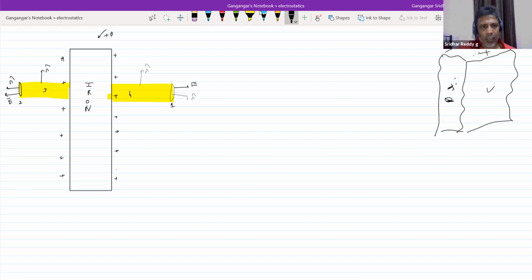So this particular sigma will come into the picture. What is sigma? Surface charge density, which is defined by Q by A. The total charge is given as Q, and that will get distributed uniformly. I'll take out that Q, so it's not part of our discussion. So the charge density on each face will be how much? Q by A. Let Q be the charge on each face. Or if I give 2Q charge, Q and Q will come.